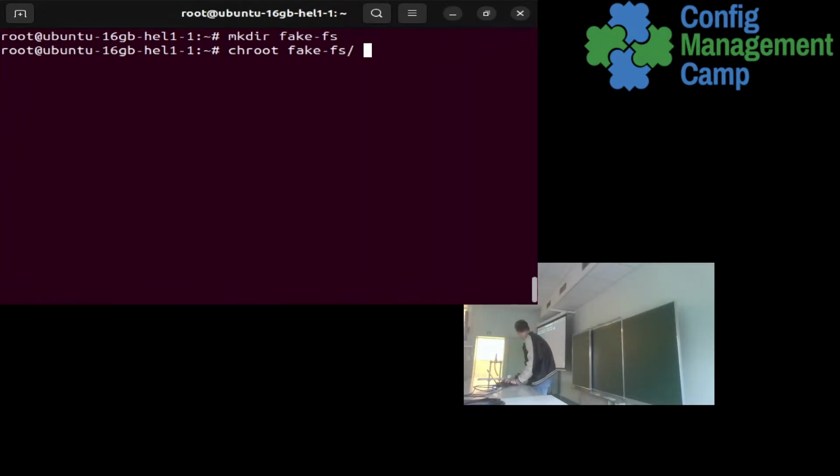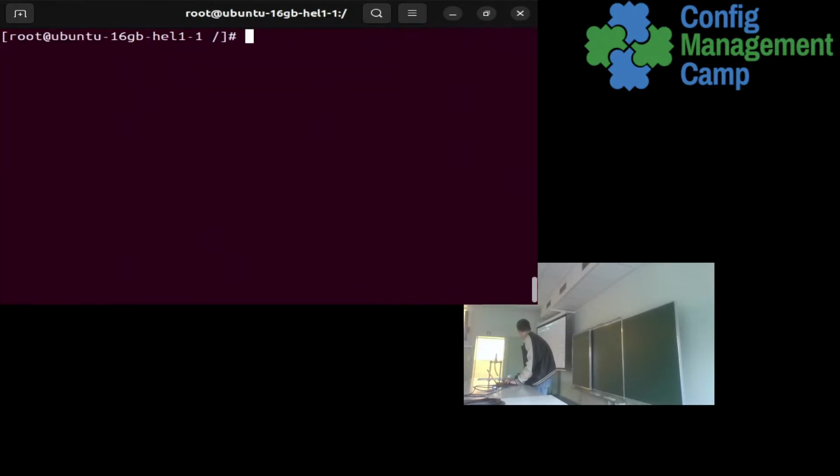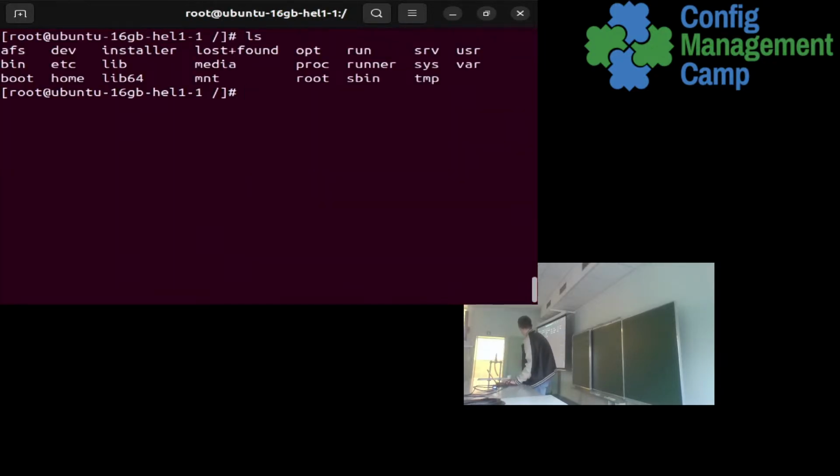Now I'm going to show you from the tarball that we had. It's unpacked here, ansible fs root. So I can do chroot this, and you can see I'm in here, right? So this says I'm in slash. So if I do touch slash, I am in an unpacked tar,